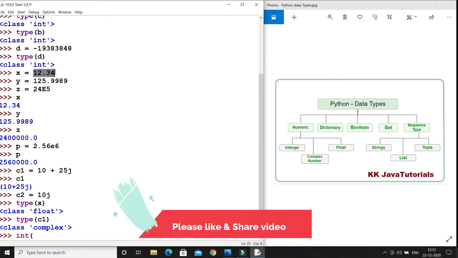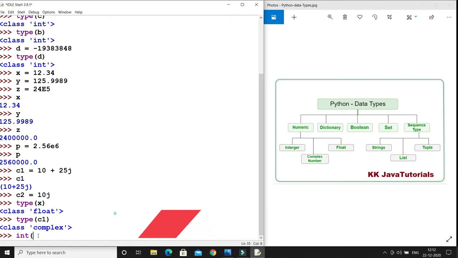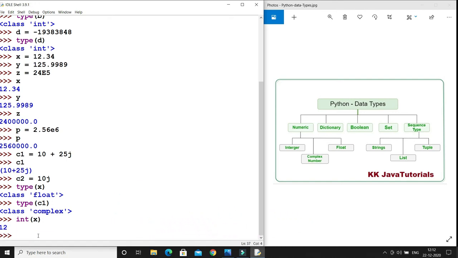I would like to convert x into an integer, so I pass x to int, and the floating point part will be truncated. Here you can see the output is 12. If you pass another number, the floating point part will be truncated there as well.